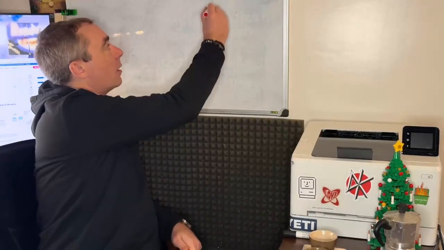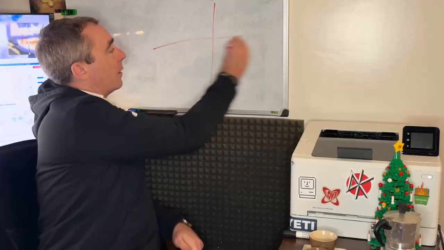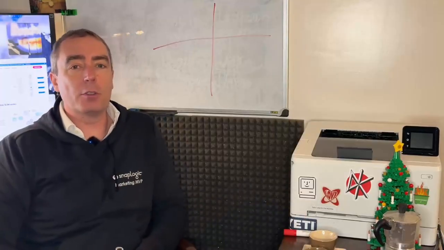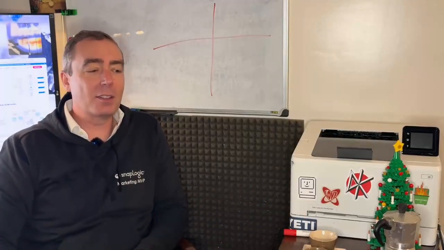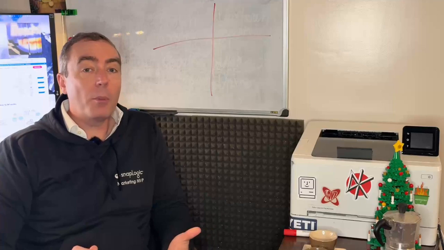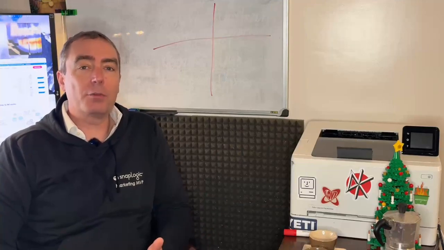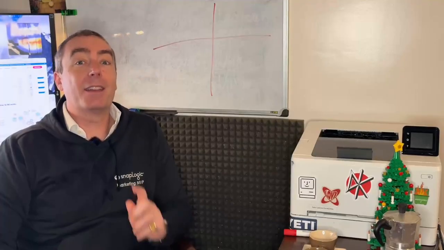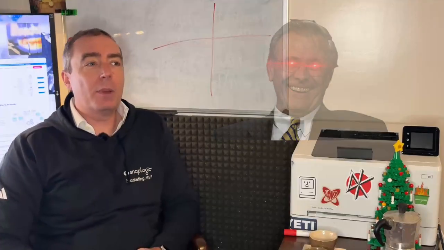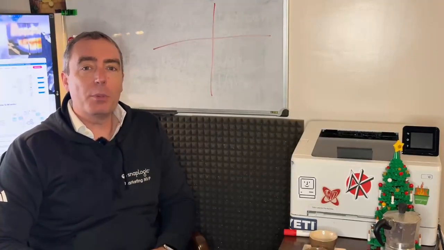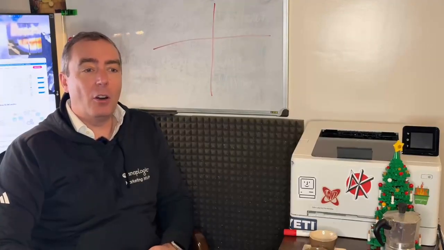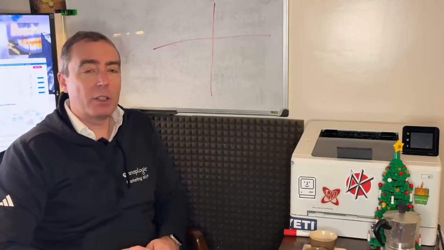So if we draw a classic 2x2 grid, the same 2x2 quadrant that consultants have used since the dawn of time. But there's one particular iteration of this which has been made famous by Donald Rumsfeld. Yes, that Donald Rumsfeld. Whatever else you might think of what he's done, he certainly popularized one particular concept, which is the idea of what became known as the Rumsfeld quadrant.